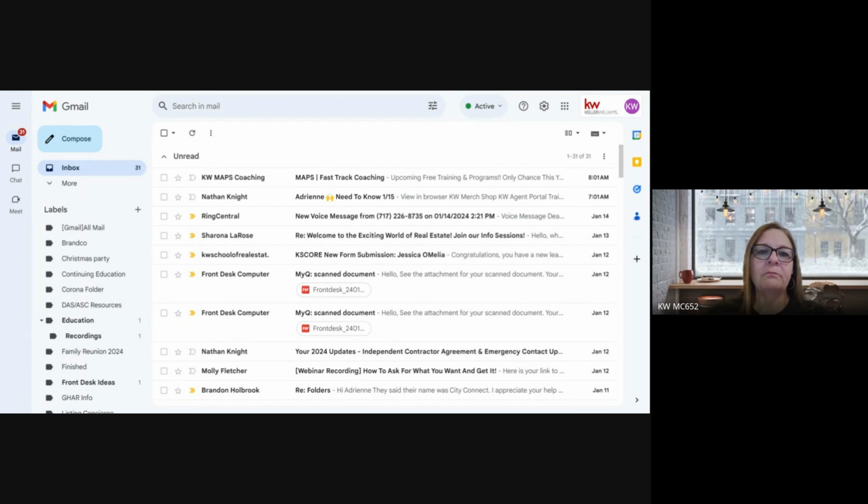as well. So first, we're going to start working inside our Gmail account. If you are a KW agent and you have a KW email, that is a G Suite email. So anytime you need to sign into anything using Google, you can use your KW.com email address, and that will get you inside whatever it is you're looking to sign into in Google. So I happen to be inside of my KW email right now, and I want to just draw your attention